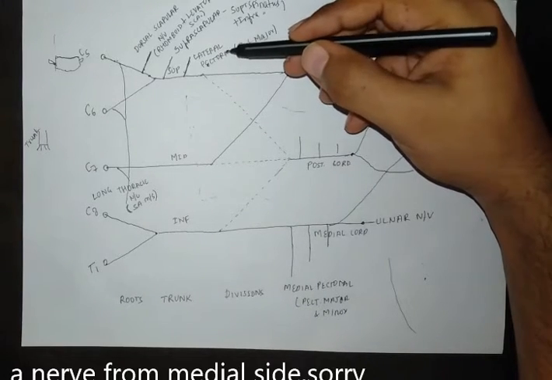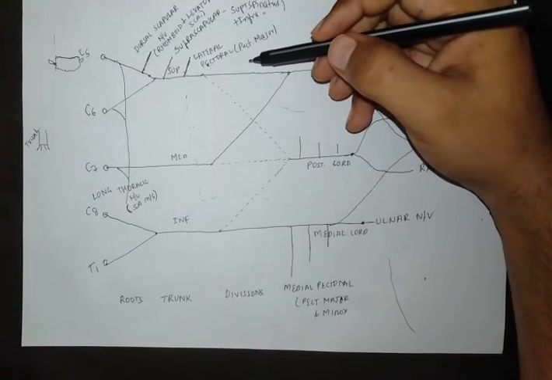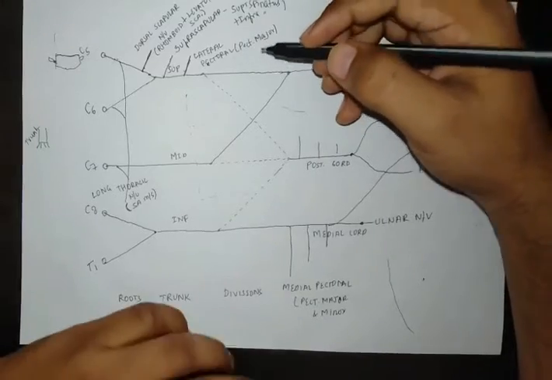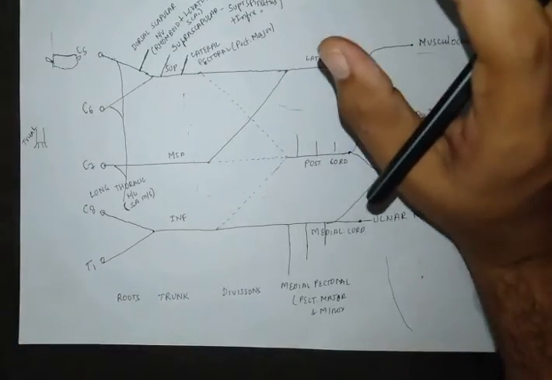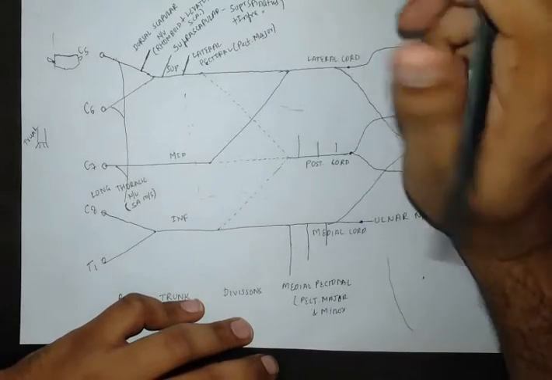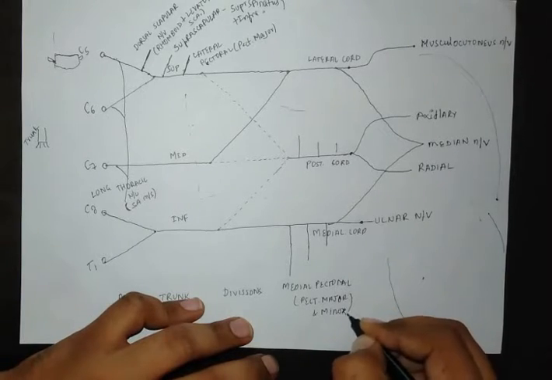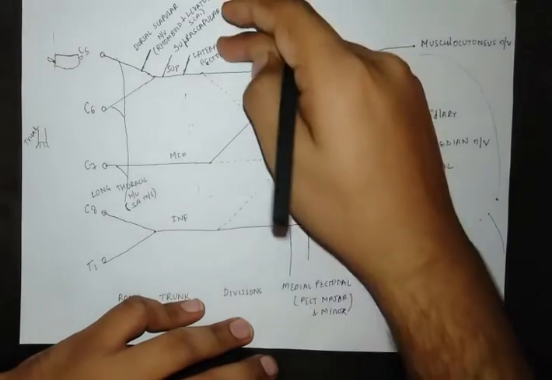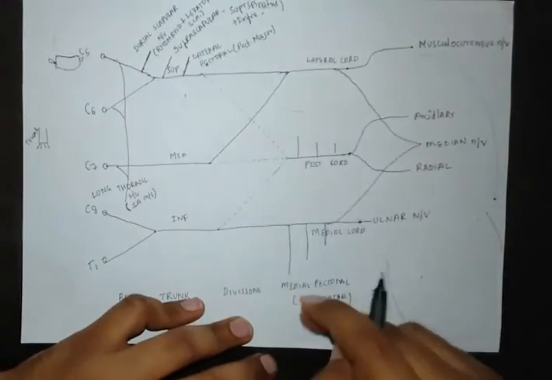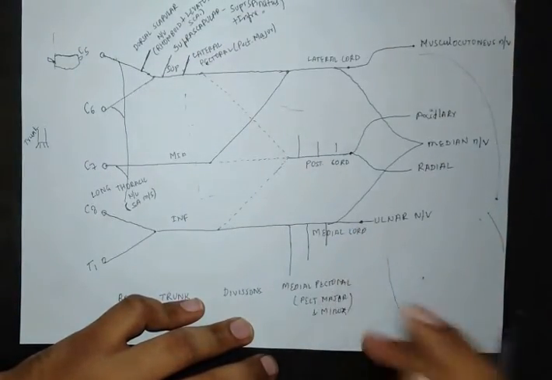A lateral pectoral cannot supply the pectoralis major, which is toward the medial side, and it attaches to the coracoid process, that is in the anatomy, but basically you can imagine only a nerve coming from the medial side could supply both the muscles. So medial pectoral supplies pec major and pec minor. So lateral pectoral, medial pectoral, so that you can remember. That's why I am following this lateral cord and then the medial cord.